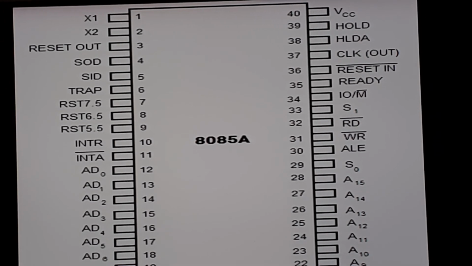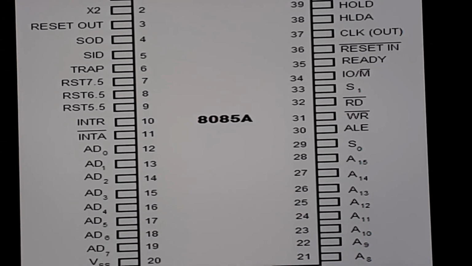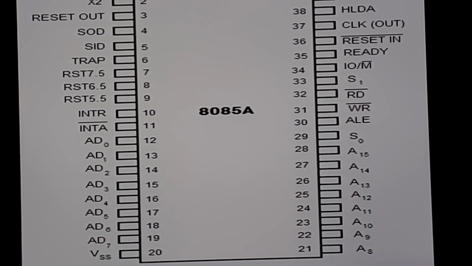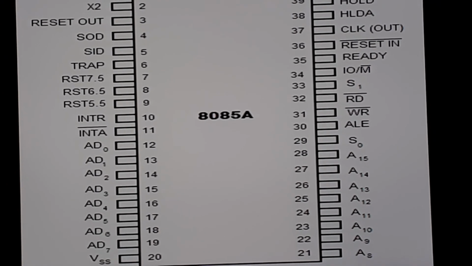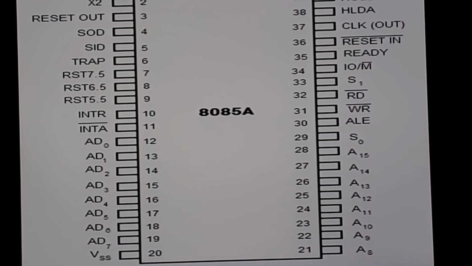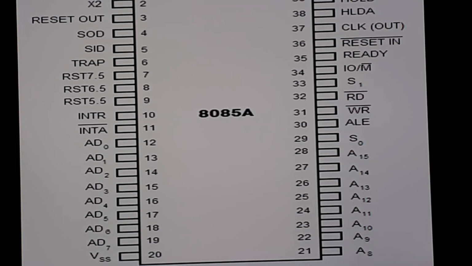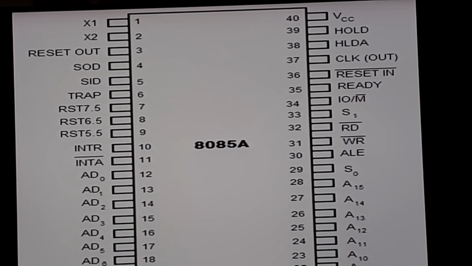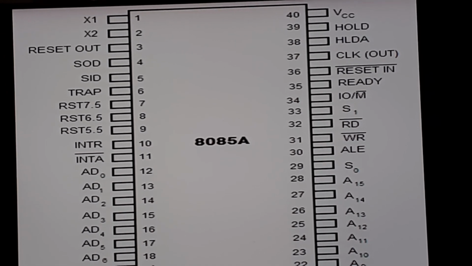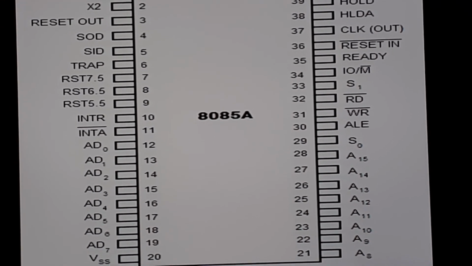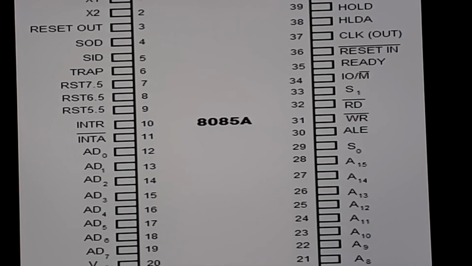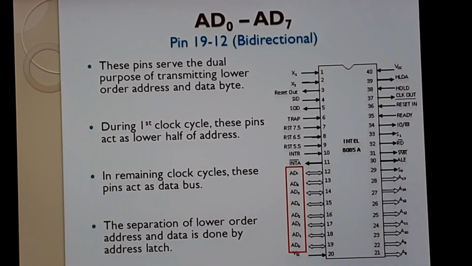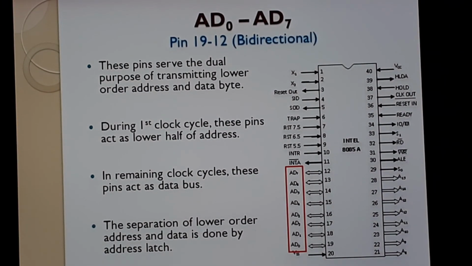Now we'll see the explanation for this pin diagram one by one. This is the pin diagram. If you see, it contains 1 to 20 on the left hand side, and on the right hand side, down from the last pin, 21 to 40. We have 20 plus 20, that is 40 pins. So these pins you have to study, and also the explanation. We'll see the pin diagram explanation one by one.